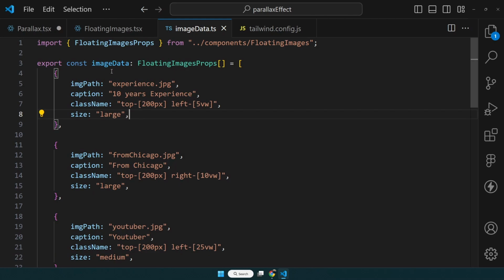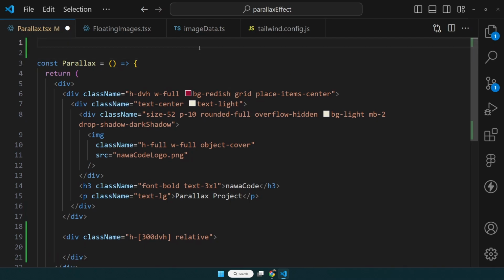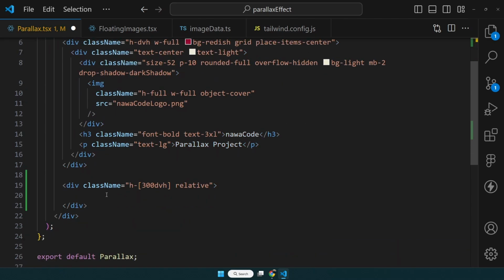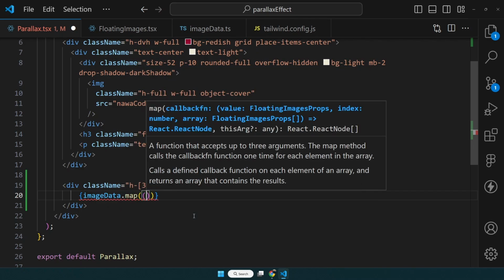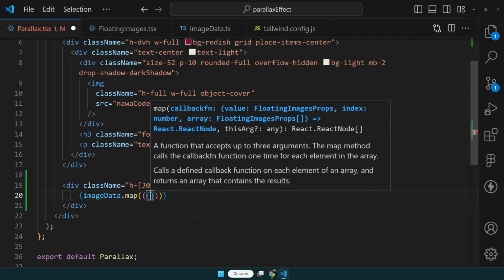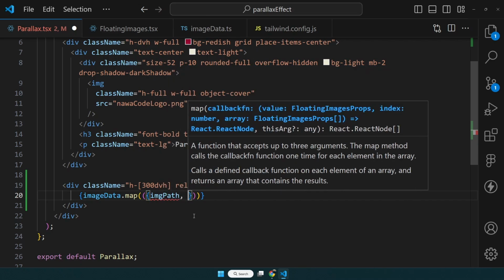Okay, now finally we can use this image data in our parallax component. So let's go and open our parallax.tsx file. Now we can import that image data over here. So let's say import image data. And now I can apply the map function to that image data over here. So image data dot map function, and here I can destructure the values that we will get from image data. So image path and caption,